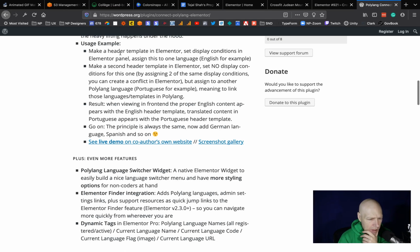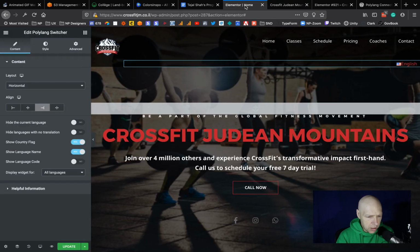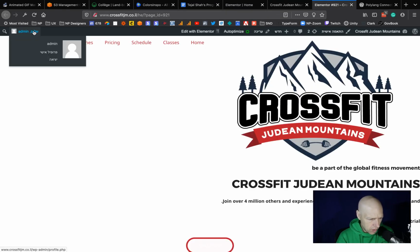Okay, so this is: make a header template in Elementor, set display conditions in Elementor, assign this to one language, English for example, make a second header template in Elementor, set no display conditions. Okay, so what they want you to do is, instead of having this in the main page, they want you to have a template. And essentially how this would work is we're going to come through, we're going to go back into